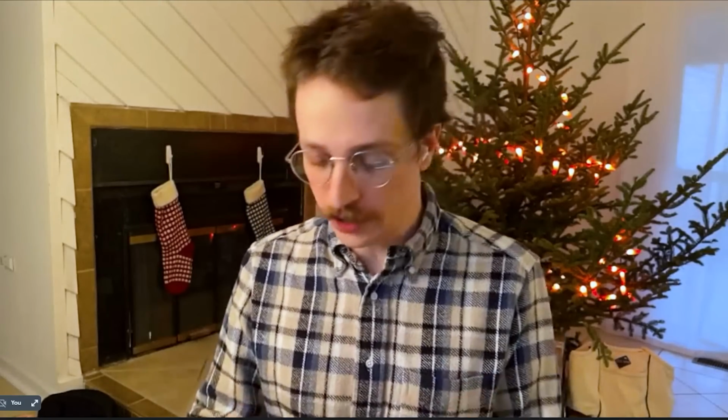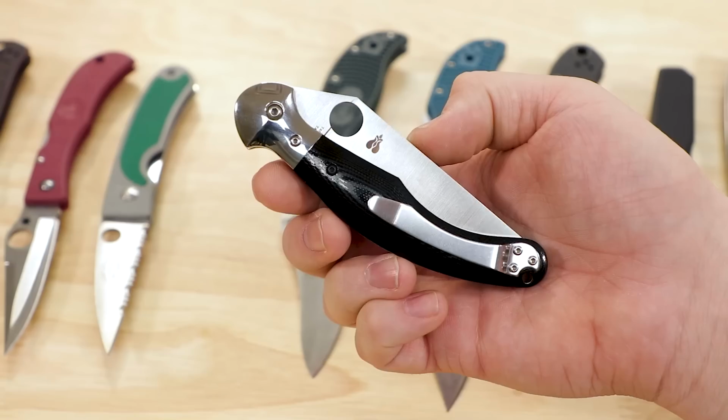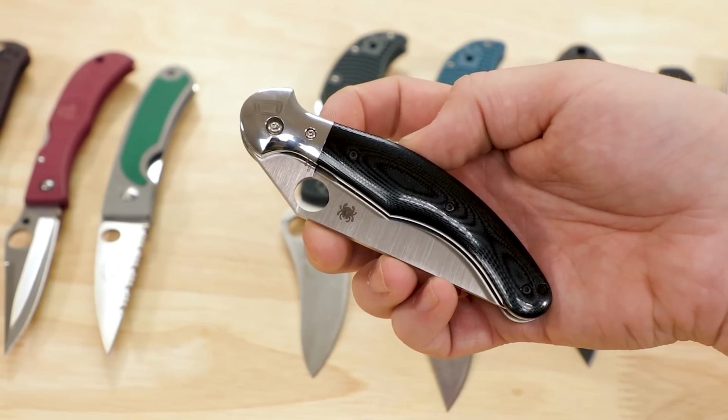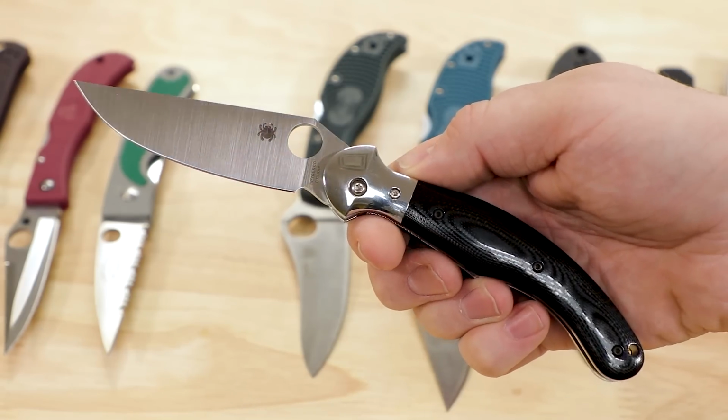I guess we have one more Spyderco. It's not that vintage, but it is discontinued. The Hungarian. This was a design when it was in production. I was not interested at all in it. It seemed weird, didn't seem like a knife I would want to carry. But